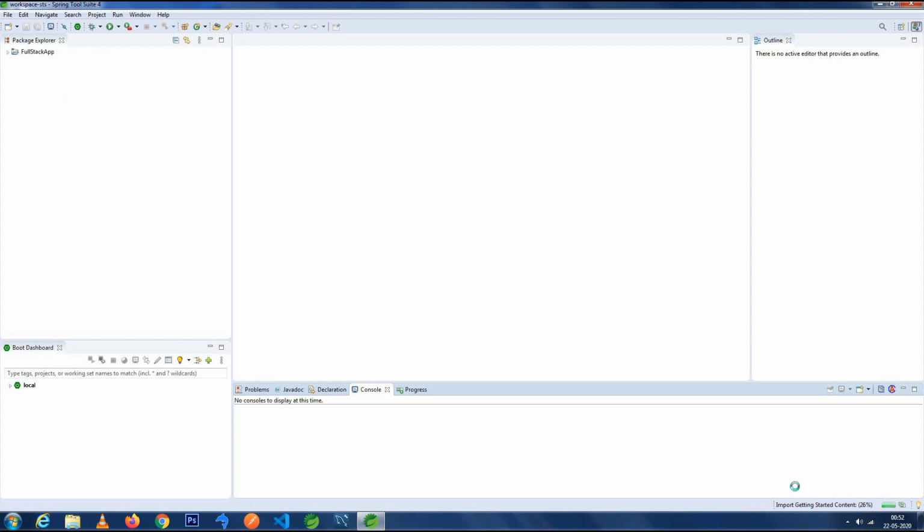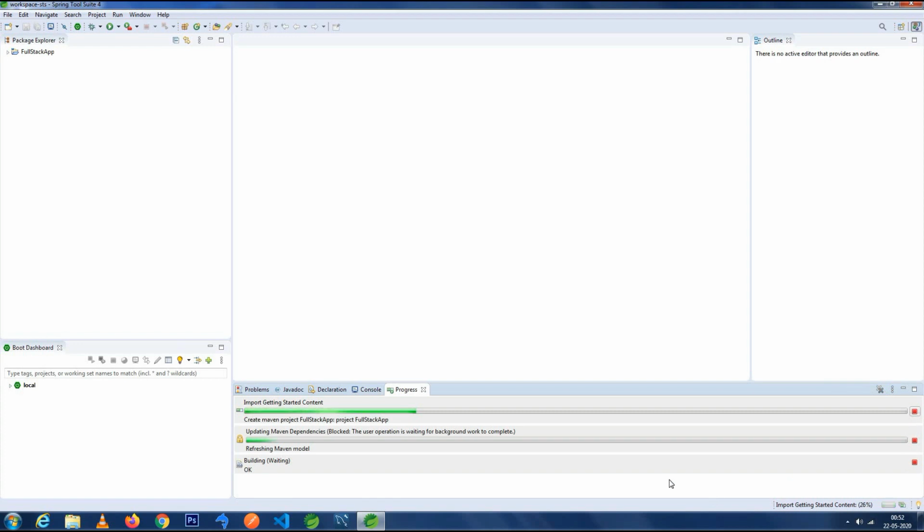So it will take a few minutes sometimes or a few seconds if you already have your Maven jar files in your local system. So dependencies are downloading.